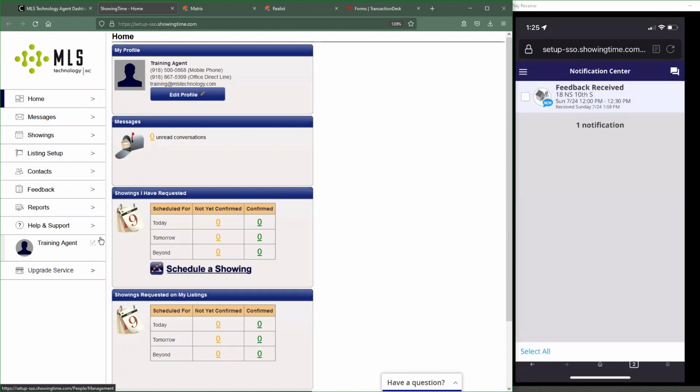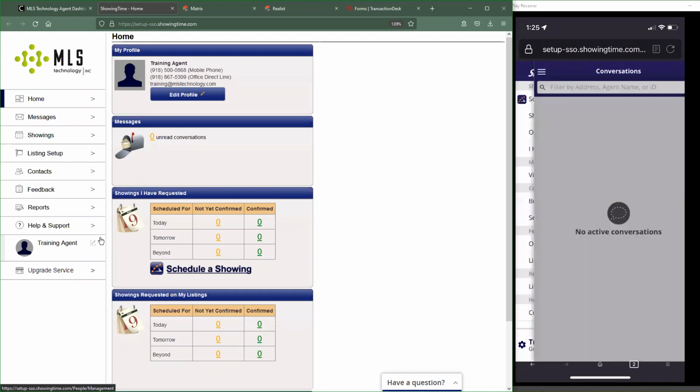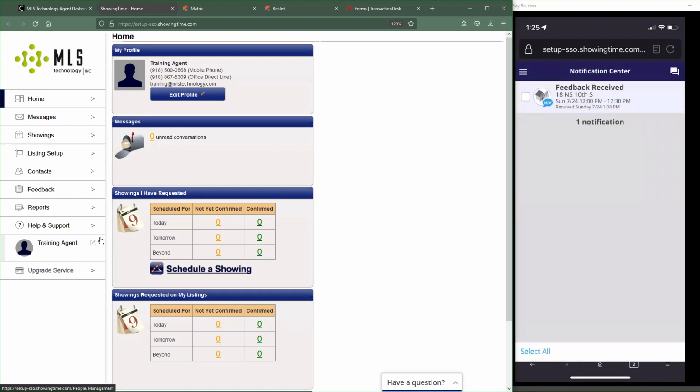It's just a little bit faster, the same exact functionality, but most importantly, if you guys end up getting notifications, you're going to have to get signed into the MLS and then sign into ShowingTime using the link to ShowingTime. If you guys have the app installed, you'll actually get those notifications through the app, which means that if I had somebody that requested an appointment, I will just see a little notification saying that somebody has requested something in the ShowingTime app, and I can just go in there, approve it, deny it, check the feedback that people have provided, etc. So it's way better to just do the app instead.